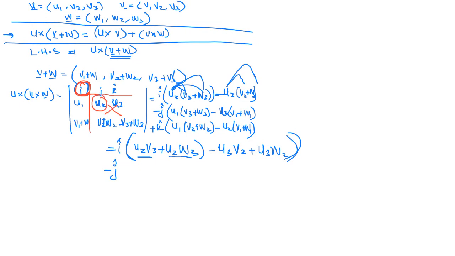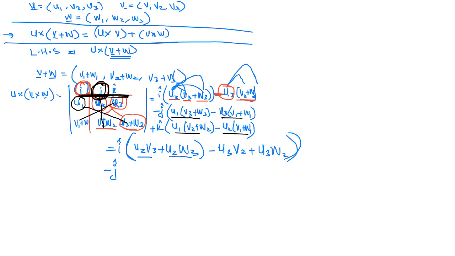So u2 multiply with v3 plus w3, minus u3 multiply with v2 plus w2. Similarly for j, you have to choose this value and this value. You have to multiply this with this one and this with this one. So this is the simple notation. Is this clear? It is just how you find the determinant, the same as this one.